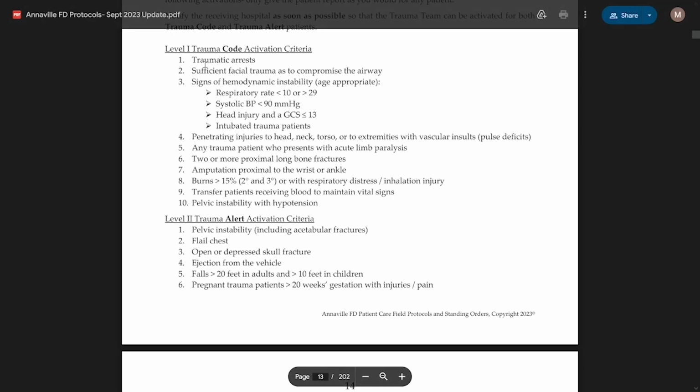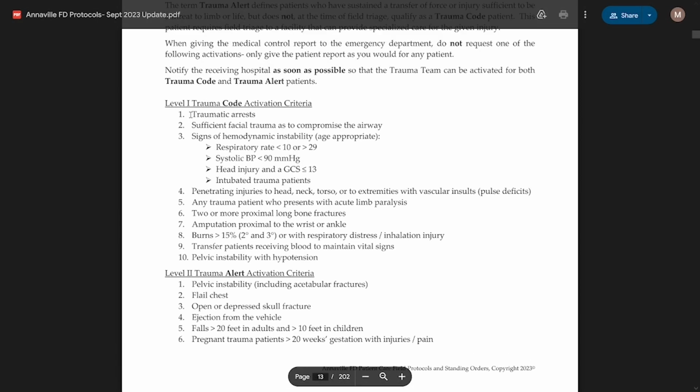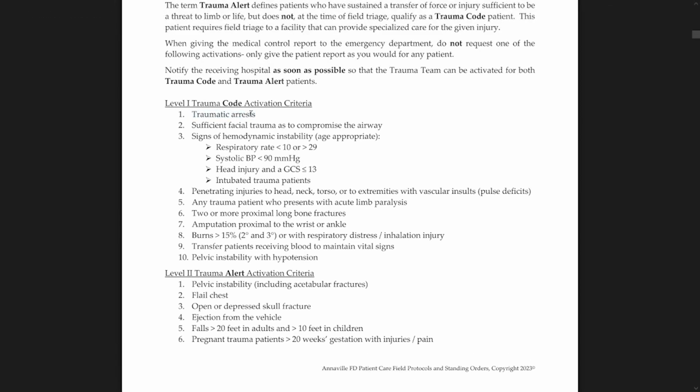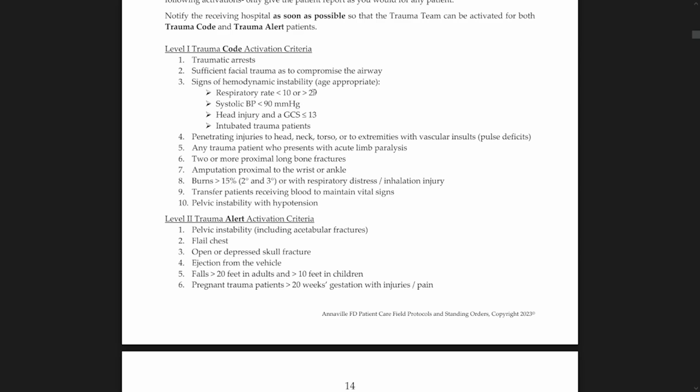And the level 1 trauma code activation criteria is for traumatic arrest, sufficient facial trauma that can compromise the airway, signs of hemodynamic instability, a respiratory rate less than 10 or greater than 29, of course age appropriate because a newborn or a toddler is going to have different vital signs than an adult, a systolic blood pressure less than 90 millimeters of mercury, a head injury with a GCS score less than or equal to 13, intubated trauma patients,